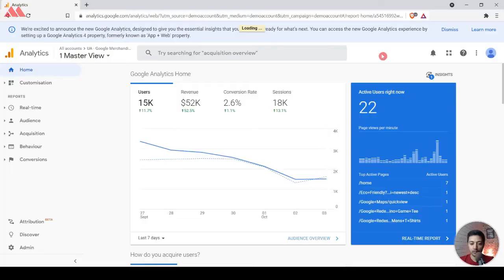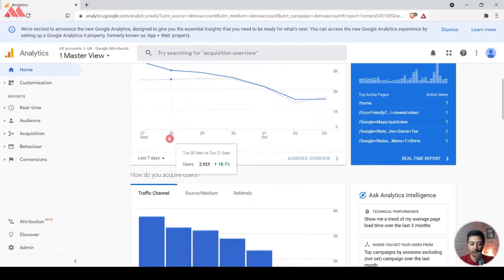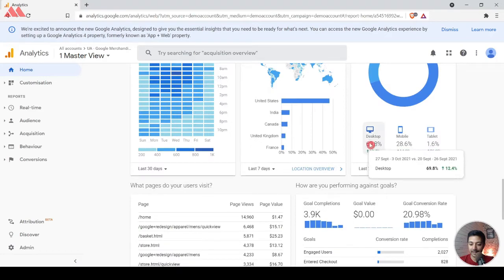So let's dive in our Google Analytics account and see where to find this data and how you should analyze it. So right now we are at the home page of Google Merchandise Store. So this is a demo account, anybody can open that. And if we scroll down here, we can see that desktop, mobile and tablet.